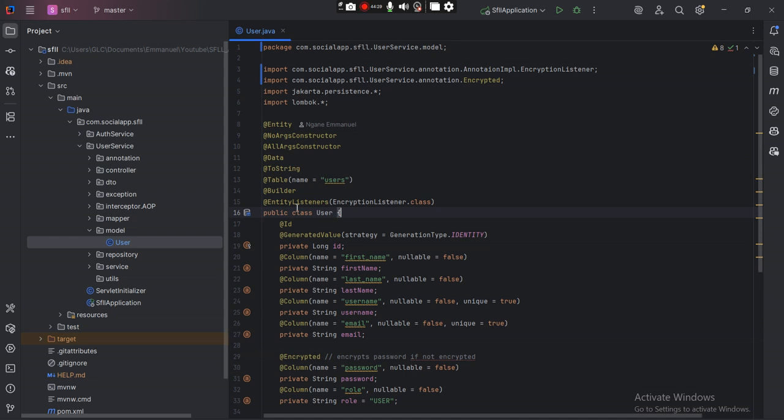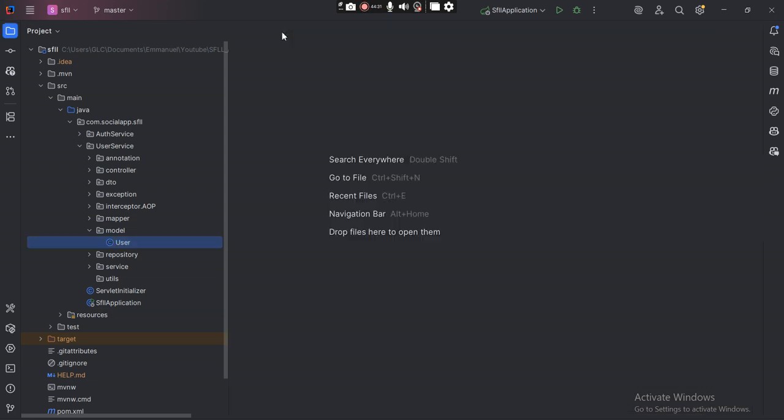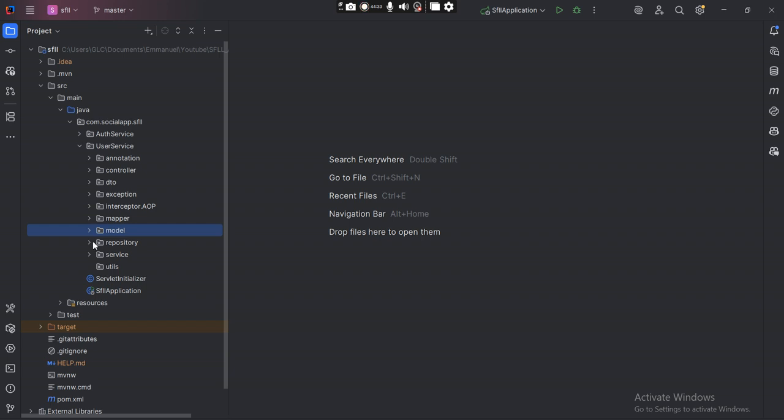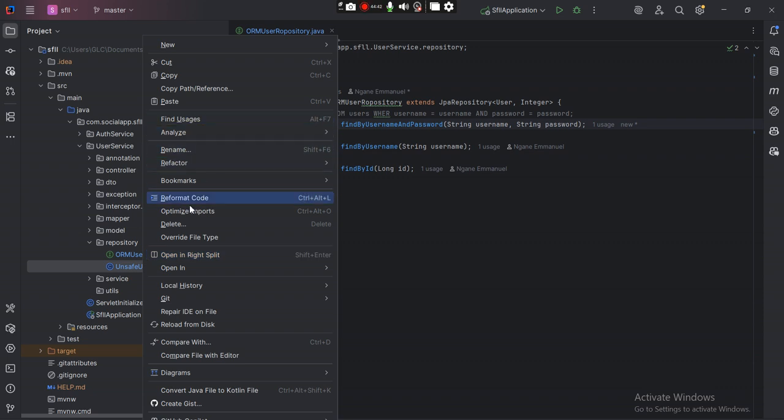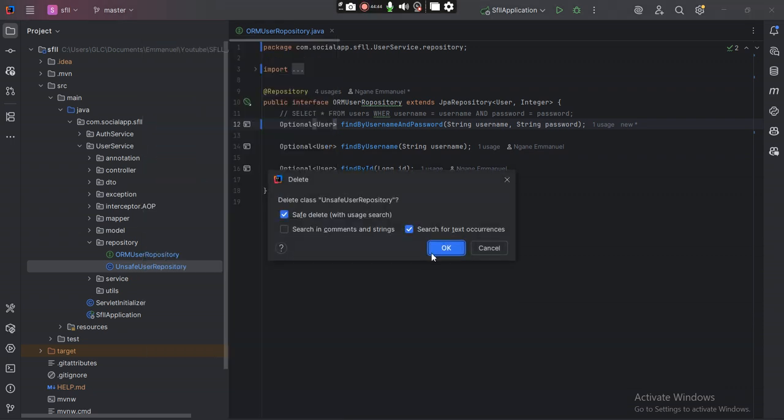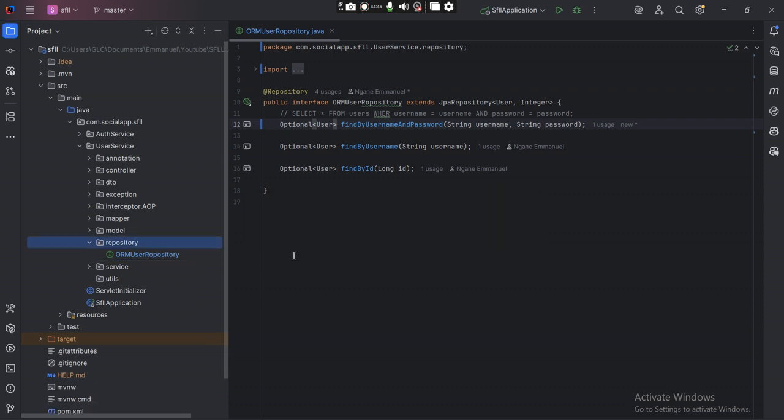Let's see. Event listener. There we go. Entity listener. So repository, I don't think we need this unsafe repository anymore. So we'll just remove that, right? Making sure that since we're not using it again, we have just what we are using,